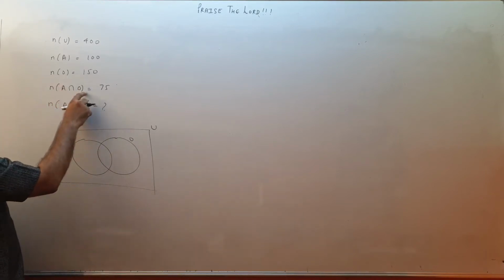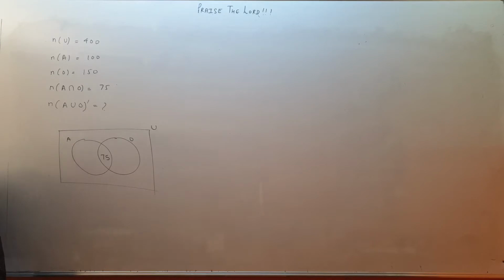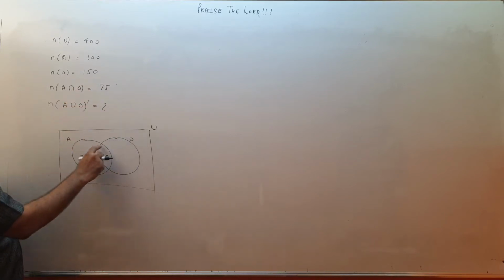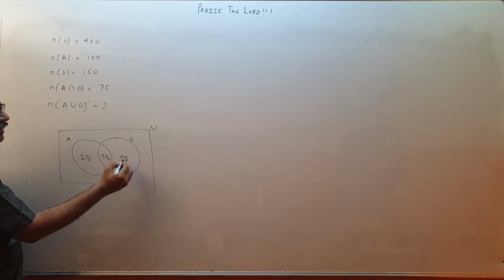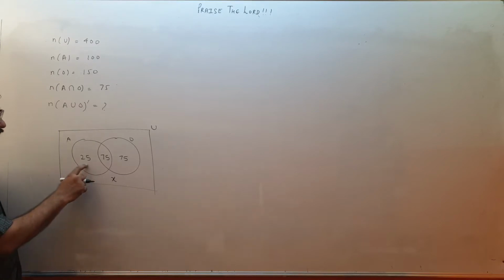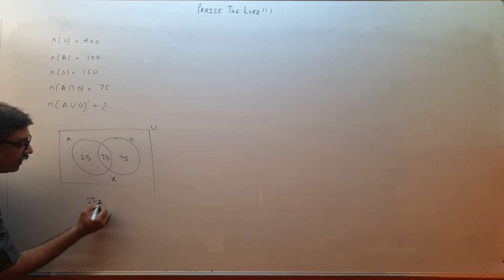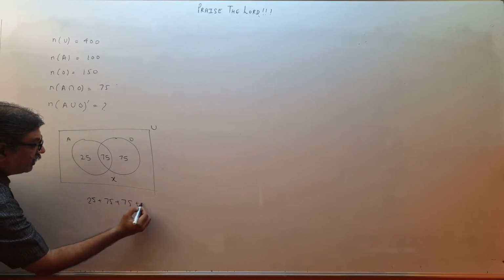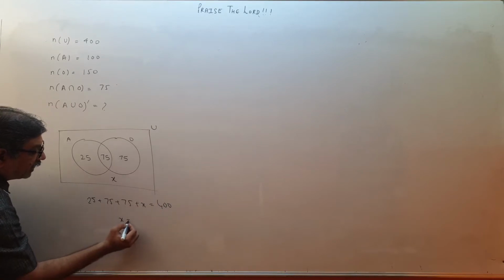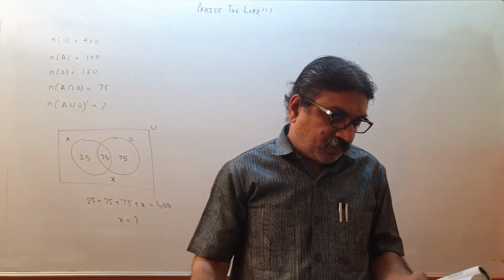Okay. Number of people taking both is 75. I told you always mark first the intersection region. If it is not given, mark it as x. Apple is liked by 100 people, 75 here, so here remain 25. Orange 150 people, 75 here, so remaining are 75. Supposing x are people who are neither taking apple nor orange. So this plus this plus this plus this will become total U, that is 400. So I write like this, 25 plus 75 plus 75 plus x equal to 400, I will get x. That is the number of students neither taking orange juice nor apple juice.